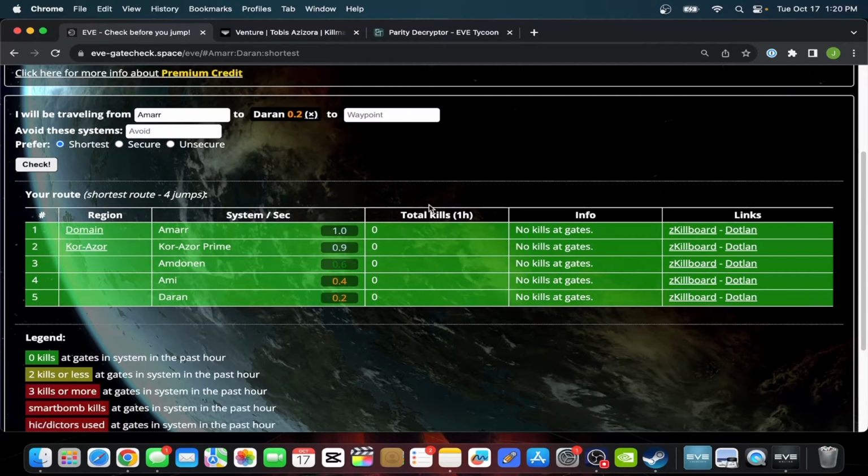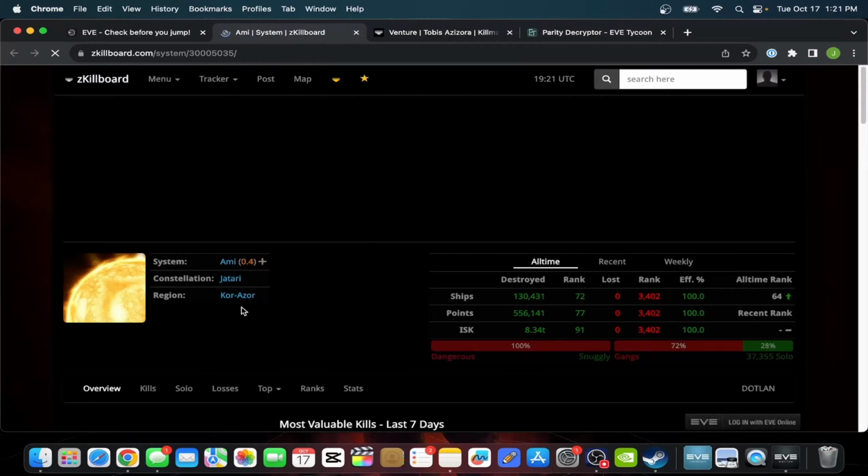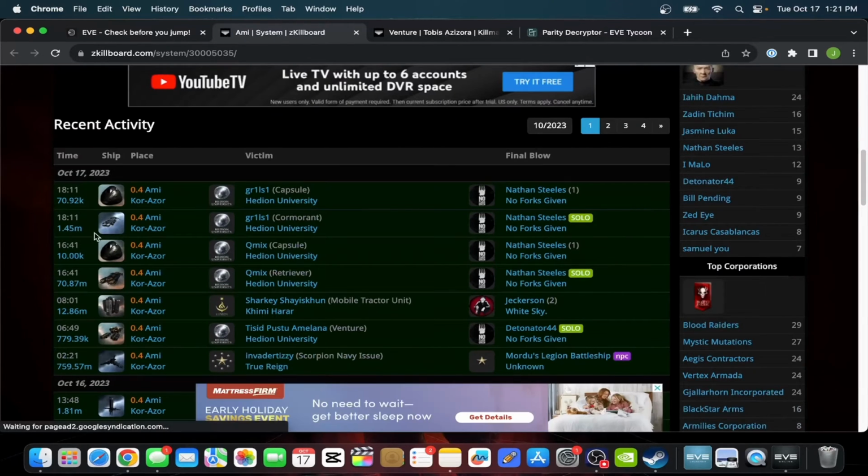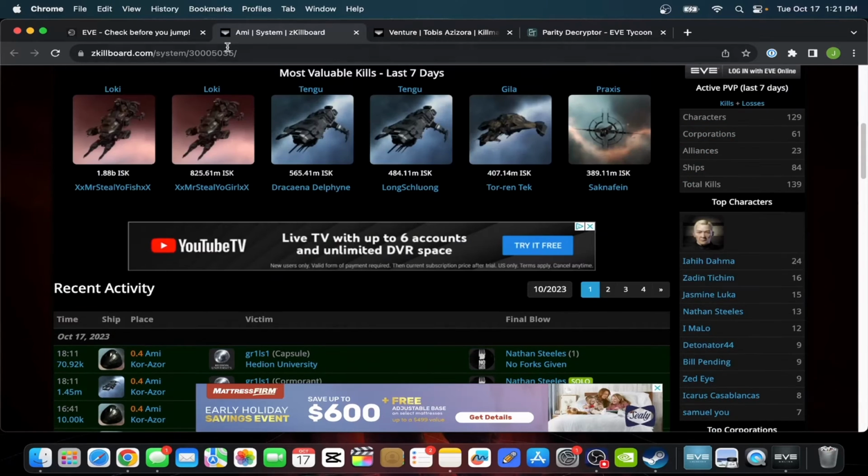It shows you every jump, how many kills were in each system. You can even click on the zKillboard and check out the activity that's happened in the system on that day. So quite a bit of activity, actually. Shows you what got killed and all that stuff. Anyway,